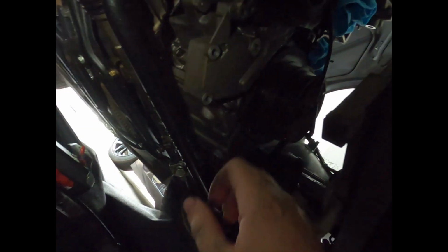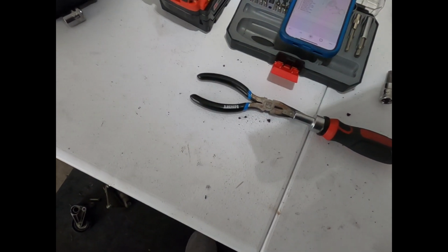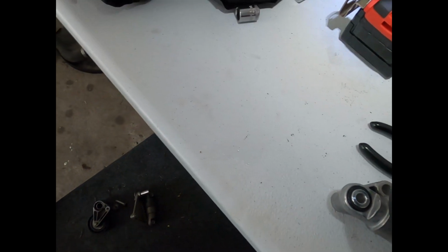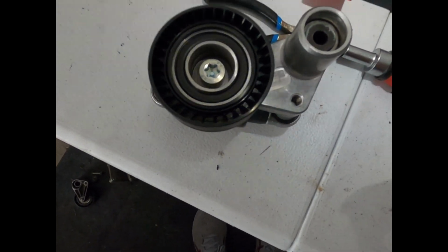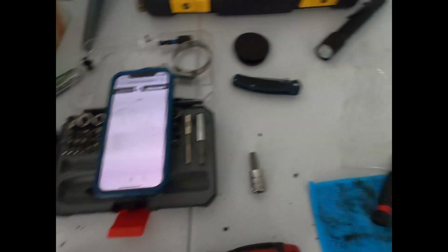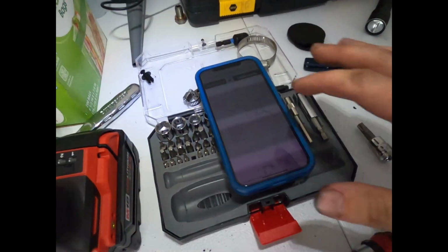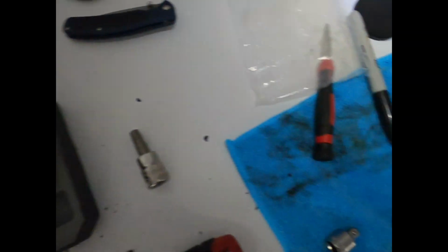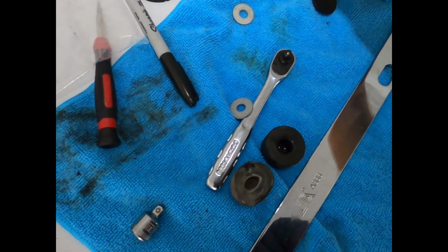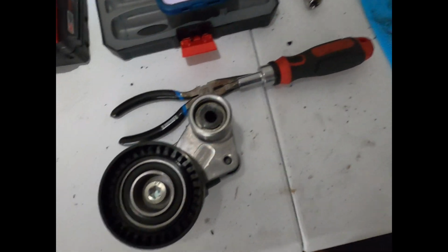And flop. So I'm just putting this tensioner back together. It's pretty simple. I kind of took that one apart for fun. Also kind of thinking that I had to for this one, but you don't. Everything comes pretty much pre-assembled. You scan the box if you use Schaeffler, and then it takes you to some instructions on assembly. And of course you get everything that you need with the kit. So very well done. So we're gonna go ahead and put this on the Beamer, and this is technically the